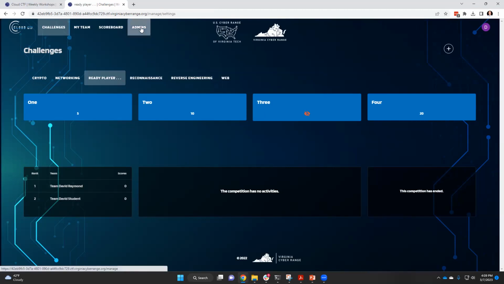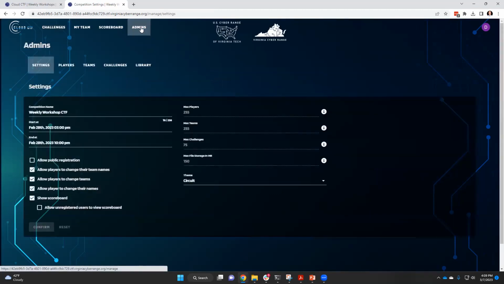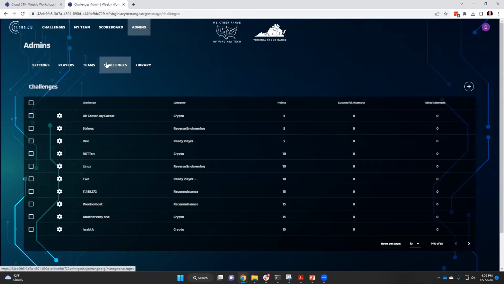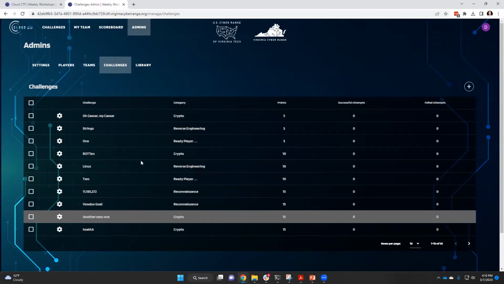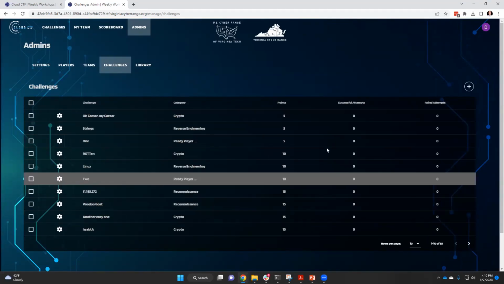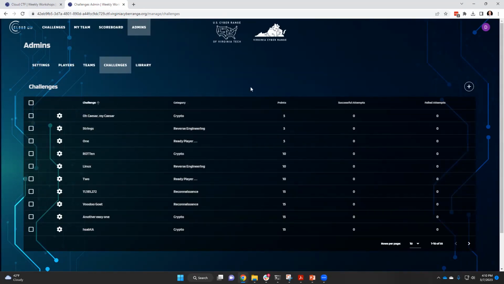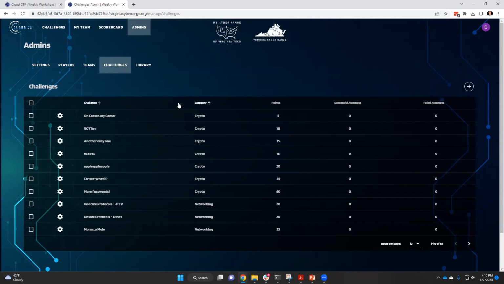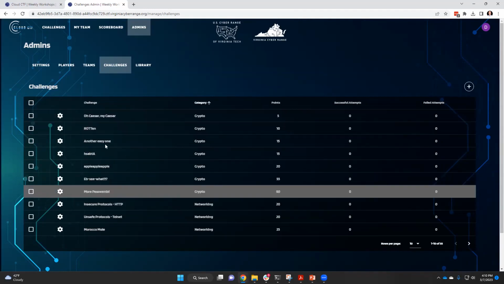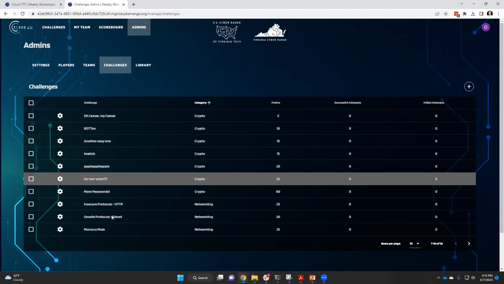Another way to delete challenges is if I go to the admins tab up at the top here, and I click on the challenges menu item under the admin menu, right? So I'm on the challenges list, and here I see all the challenges in the CTF. This is helpful for a lot of reasons. I can group challenges by category, so I can see all the crypto challenges here, for example,